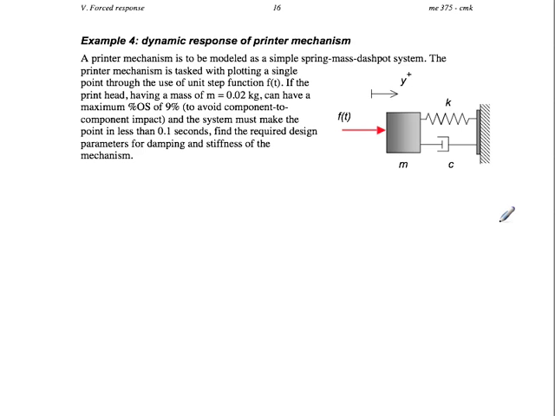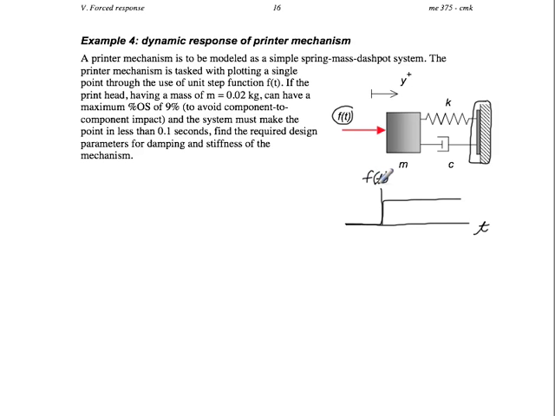Here in example 4 from chapter 5, we have a pretty interesting example of a printhead where you're trying to make an image over a piece of paper being held against a fixed surface through some activation force F of t, and we'll idealize that activation force as being a step in time. So we know what force it takes to make the correct impression, but two things we have to watch